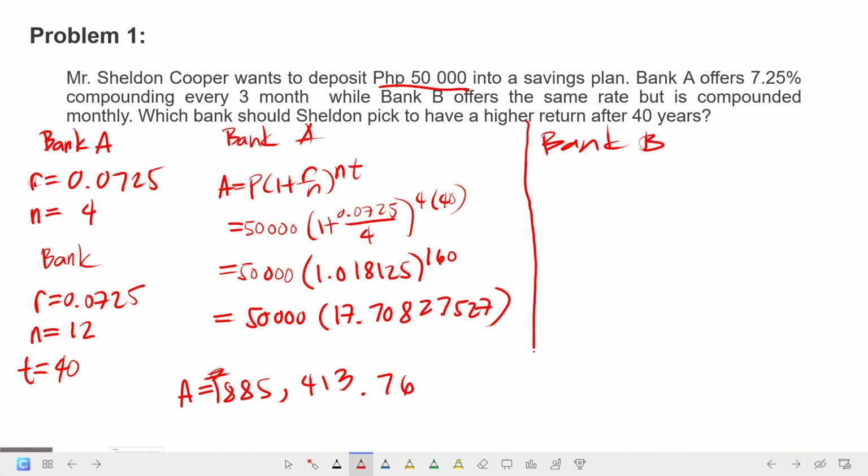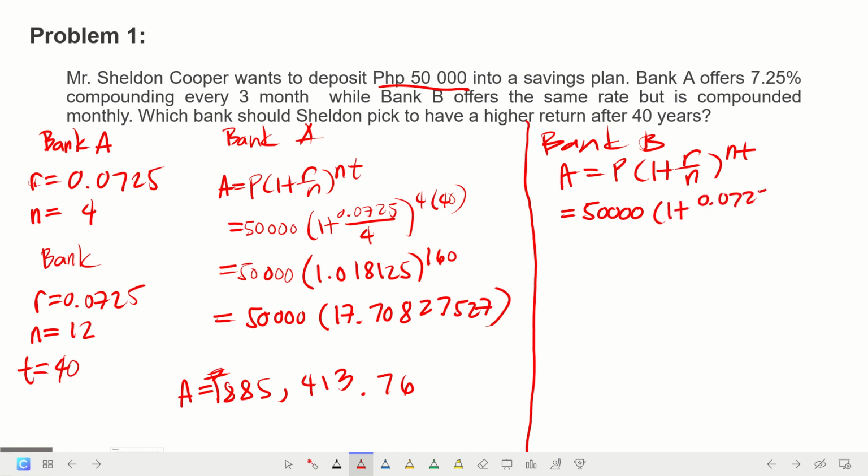So, let us solve for Bank B. So, again, A is equal to P times 1 plus R divided by N raised to N times T. So, our P is equal to 50,000 times 1 plus 0.0725 divided by the number of compounding kay B, which is 12, raised to 12 times 40 is equal to 50,000 times 0.0725 divided by 12 is equal to